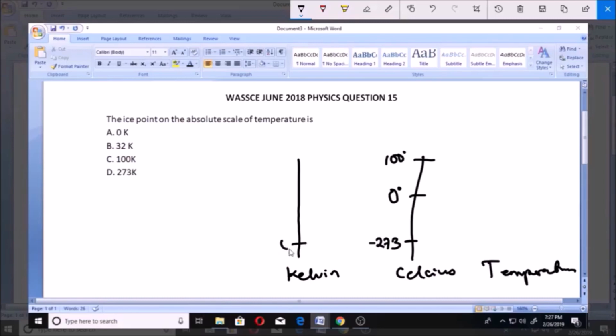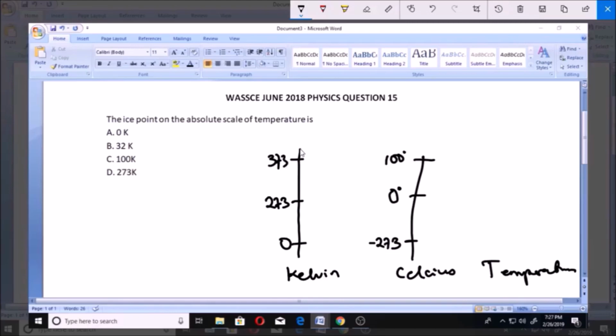So we have the equivalent of all these for Kelvin. Absolute zero here is 0. Anything you have here is anything here plus 273. So if you say minus 273 plus 273, you have 0. If you say 0 plus 273, you have 273. If you say 100 plus 273, you have